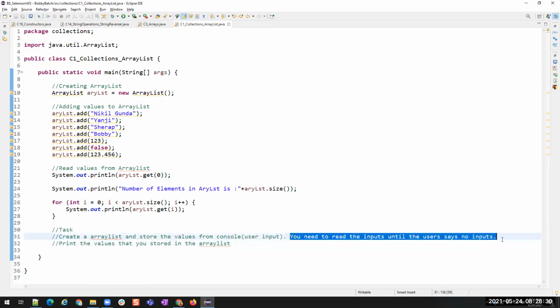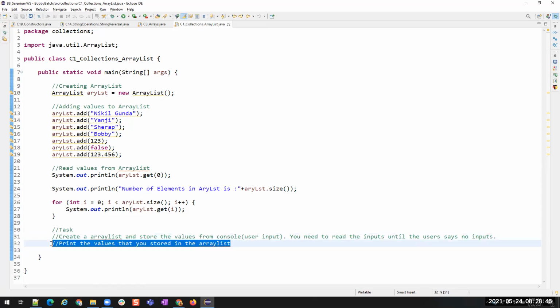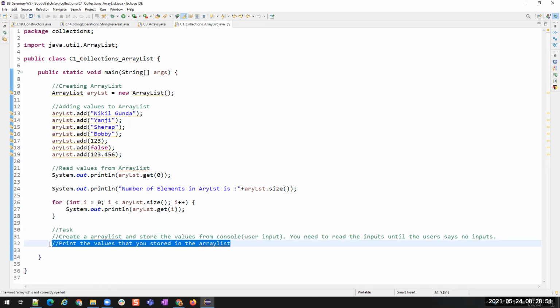You take the inputs from the user, repeat it inside a while loop, until I say no, and store them inside this array list. Once you store all the inputs that you needed, then you print the values that you stored. I mean, what you read from the console and stored in the array list, you print those values. So these are the tasks for you on array list.